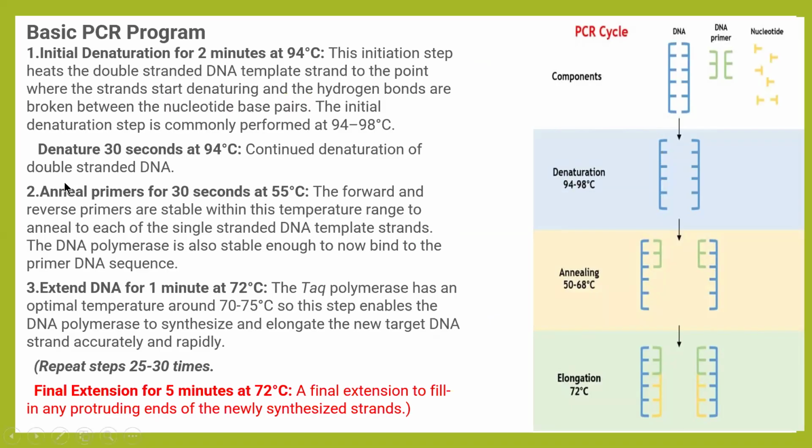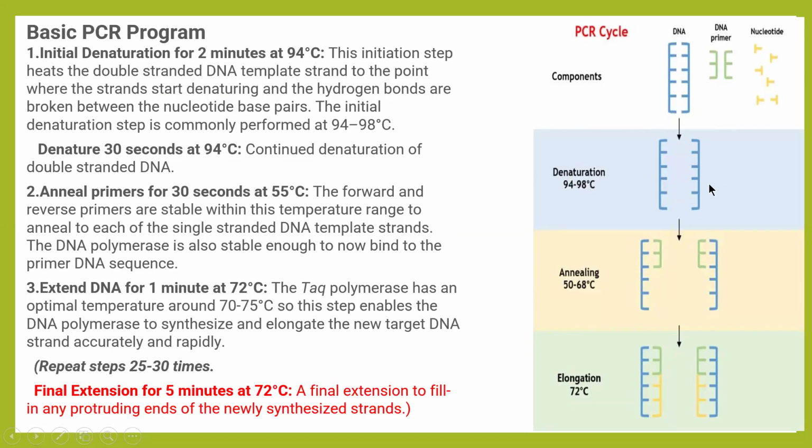First is denaturation, second is annealing, meaning joining, and third one is the extension. So denaturation for 2 minutes. This is the initial state, with double stranded DNA. This is the image showing the components we have taken. In the denaturation step, what is happening is that the two double stranded DNA strands break down the hydrogen bond between them.